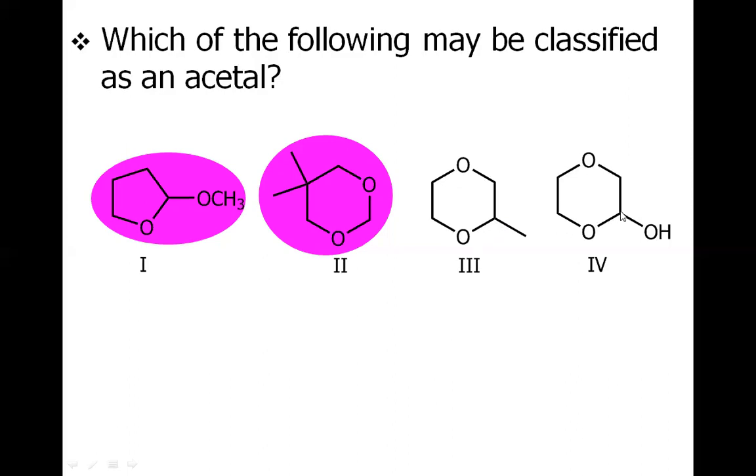And now let us discuss this. And yes, we have the carbon connected with two oxygens, but this is the alkoxy oxygen from the left hand side, and this is the hydroxy oxygen. So it is not acetal, rather it is hemiacetal. As the question is to identify the acetal, we will not mark compound 4 to be acetal. So compound 4 is hemiacetal, compound 3 is simply ether, and compounds 1 and 2 are the answer.